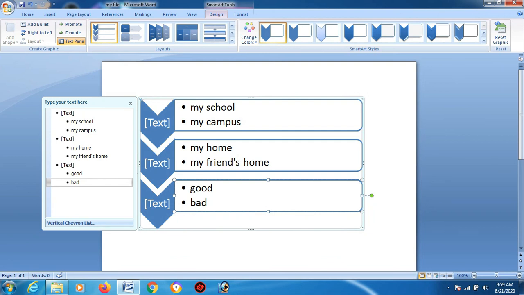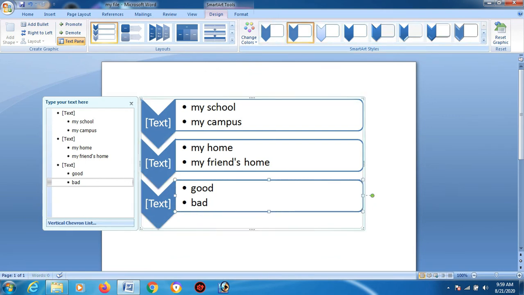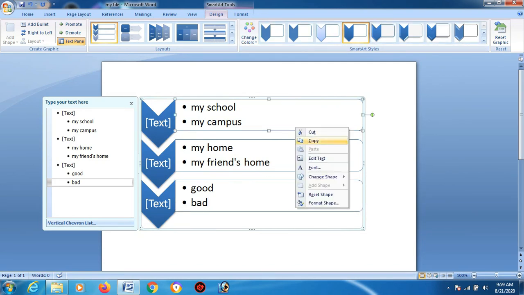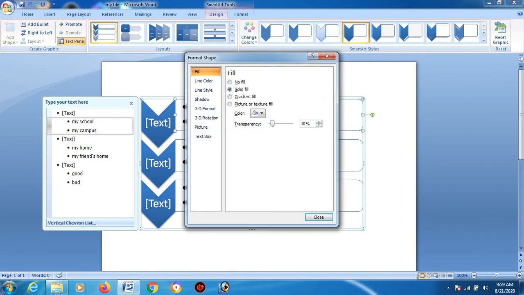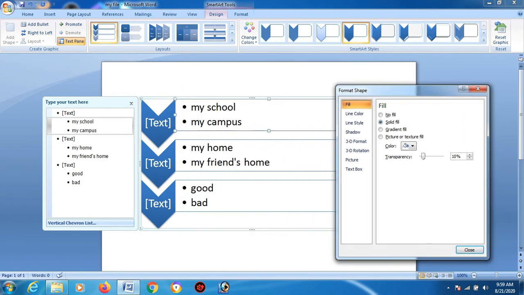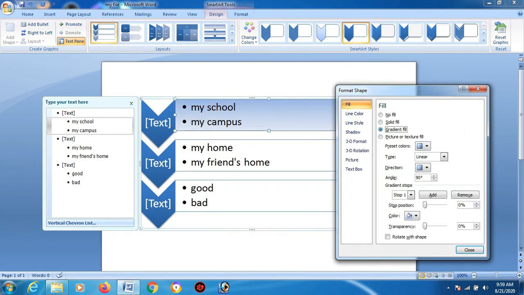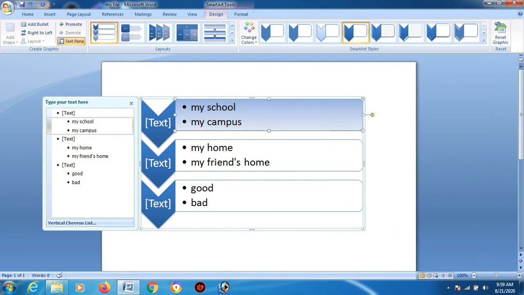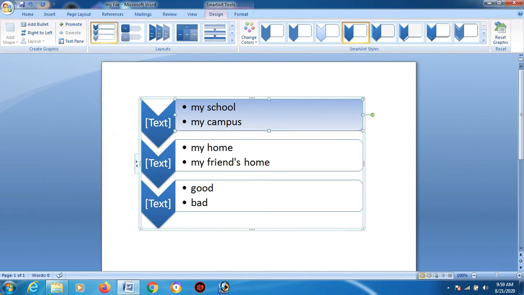You can change the style. Let's suppose you want to change the color, the depth of the color. You can even change the format. Shapes are present also over here. You can even use gradient fill. See, these are a few of the presets present. Okay, so I would like to bring an end over here.